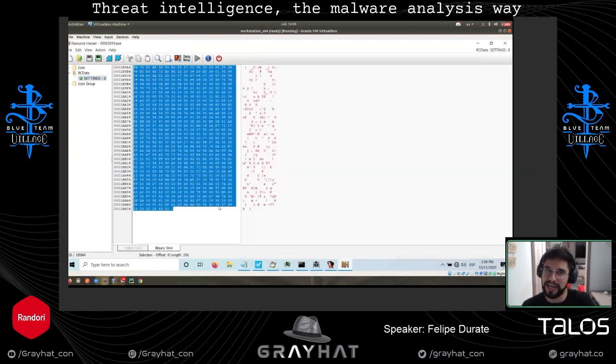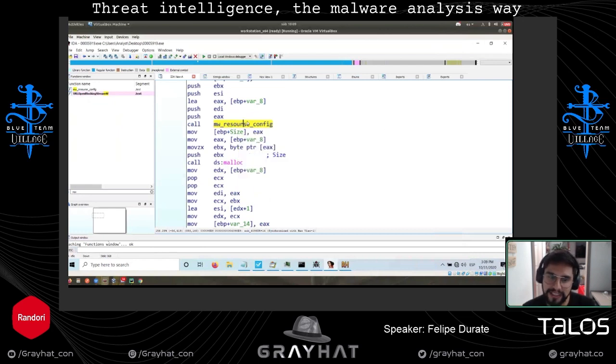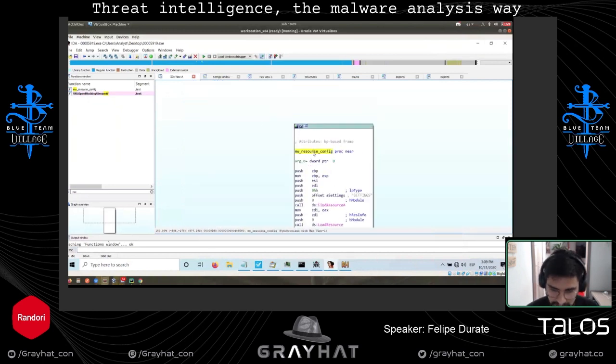So we know that the data that was obtained is this, and this is not a valid configuration. We need an IP or a C2 server, something at least that the sample could use to connect. Following the same developer logic, if you have something encrypted and you call it in your software, the only way to use it is decrypted, right? So we need to see what information or what functions are called after the resource. Sorry, here are resources with C.